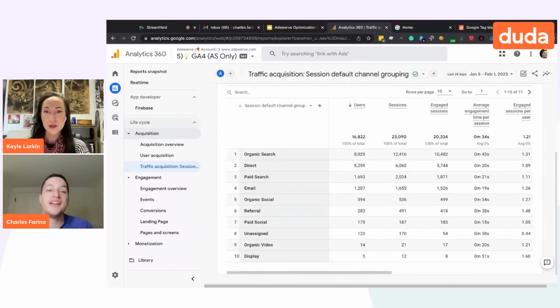Yes. So GA4, one of the things Google did when they built this is they tried to rethink a lot of the dimensions and metrics and needs of marketers, and then curate and kind of customize this experience to not only meet the current needs, but also future needs. It's also worth noting that GA4 has been around.